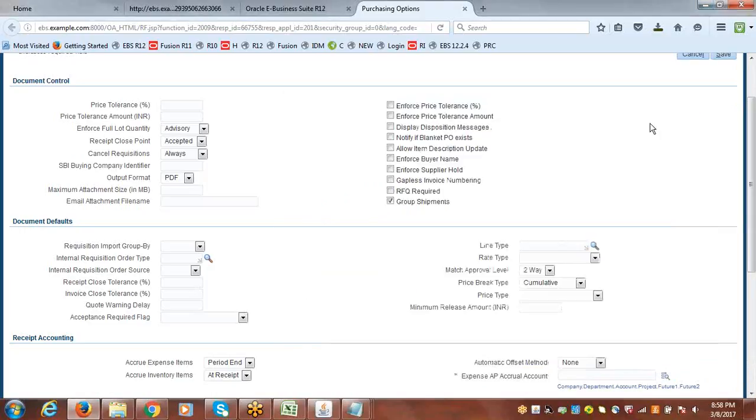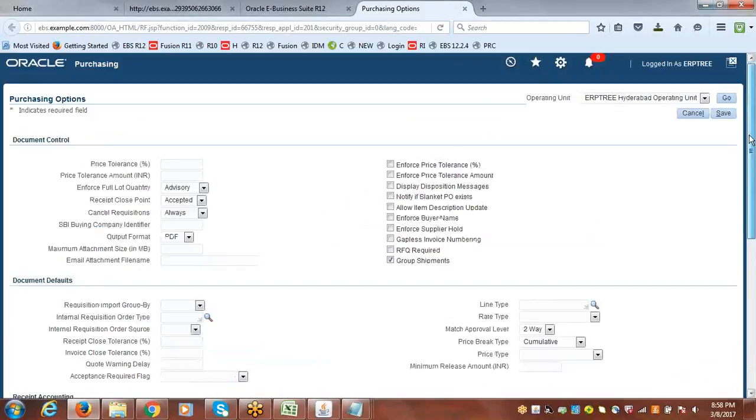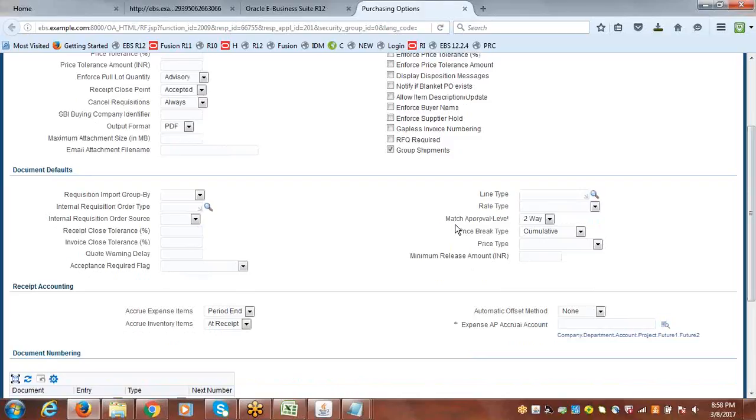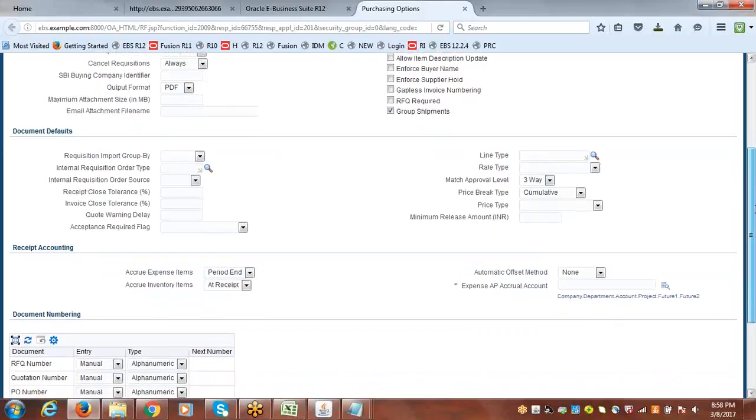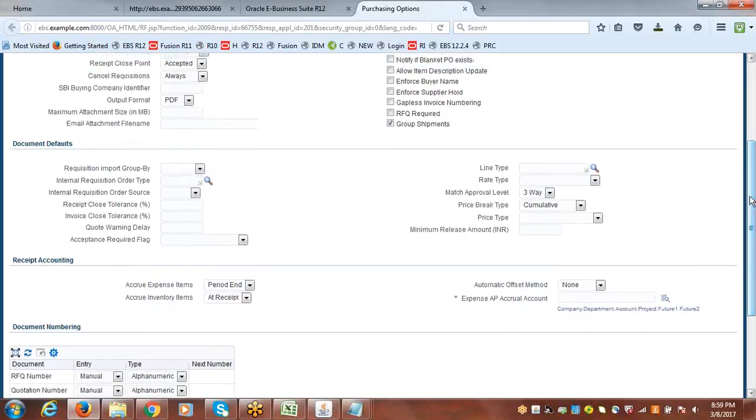Okay, done. So here when you look at these purchasing options, I am going to select the match approval level. Here we have two-way, three-way and four-way. I am selecting three-way matching. You can select any one of the matching options, and that will default when you are working in the process. First understand the purpose, then based on business requirement we can select. You can keep two-way also, nothing wrong. Later you will understand. But the point now is to remember we have two-way, three-way